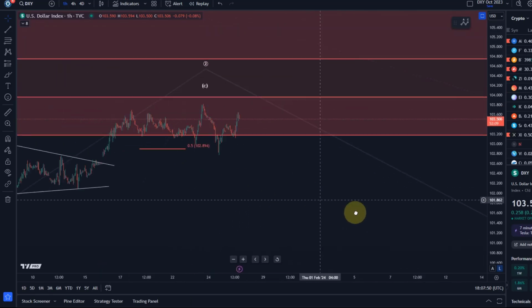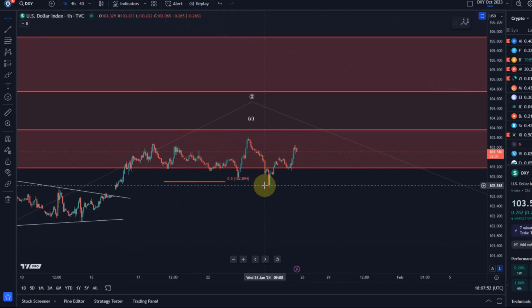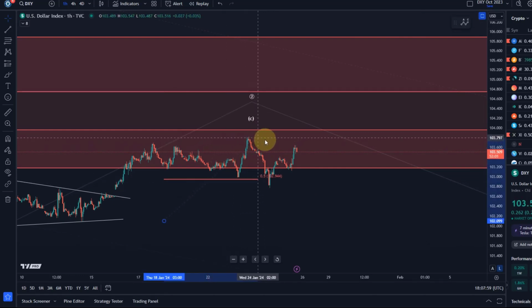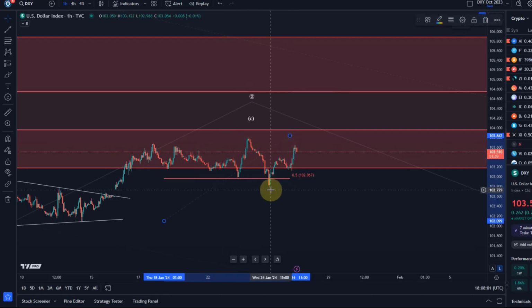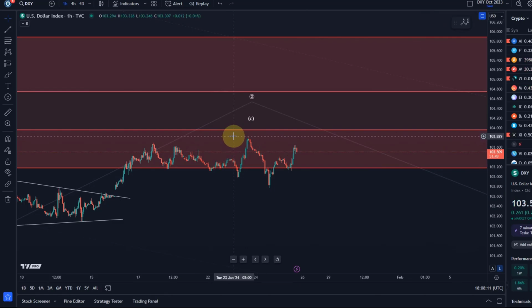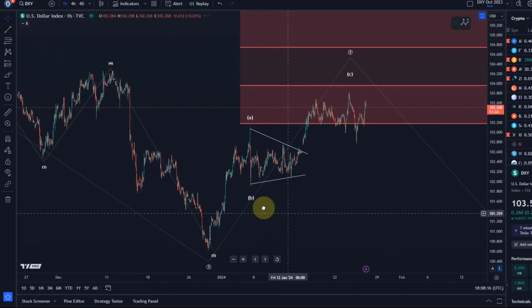But what I can see is from this high, an initial break of previous support, also Fibonacci support that we had, even though that has to be adjusted. But yeah, it broke the Fibonacci support. As a first indication, things might go down. This is a potential 5-wave move down, 3-wave rally. And as long as it stays below the last swing high, which is at $103.83, and breaks below the last low, I will assume that the wave 2 has topped.